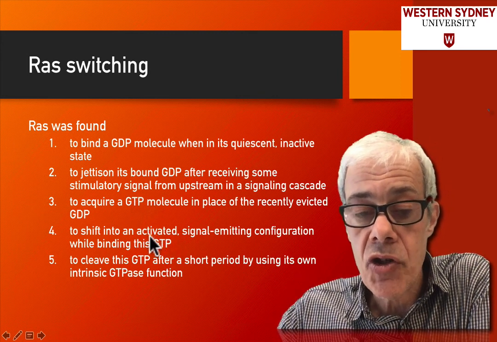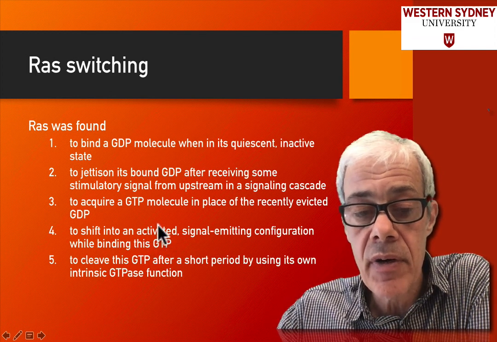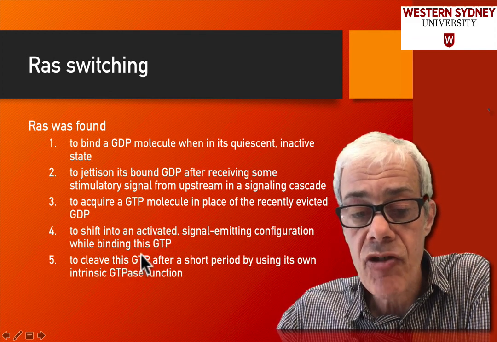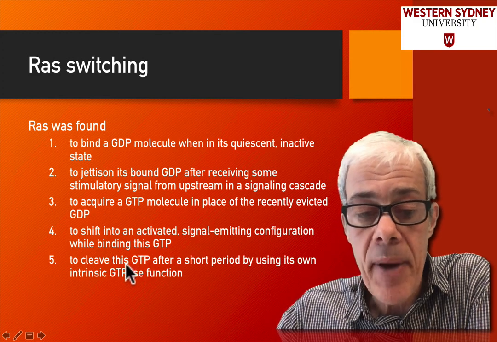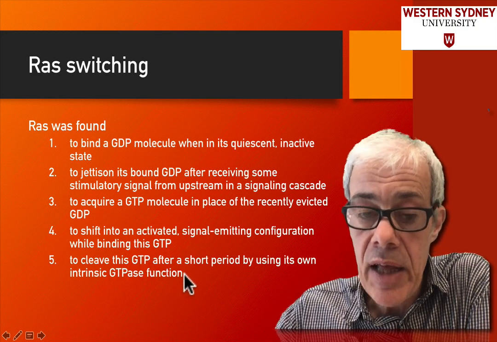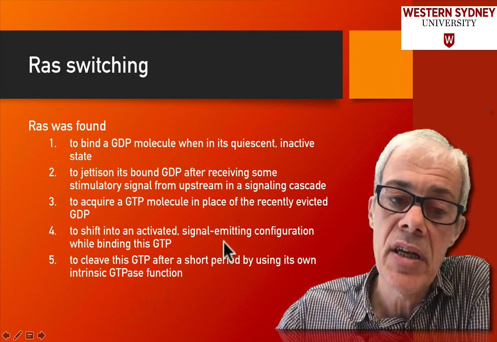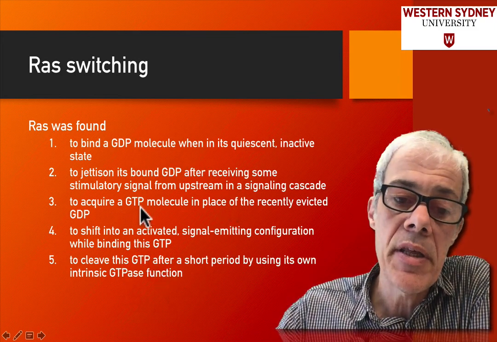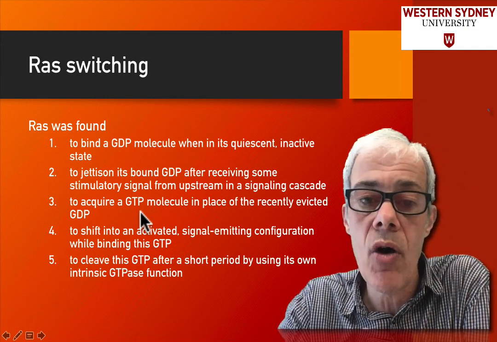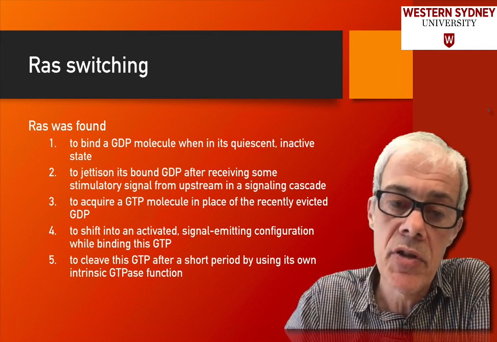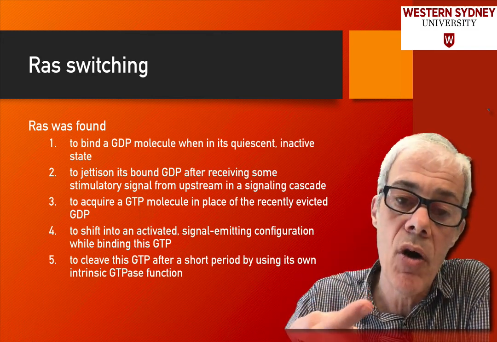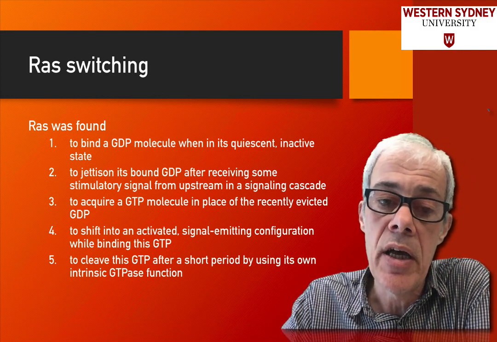And then after a short time being active, RAS is able to hydrolyze GTP back to GDP, and then it becomes inactive again. So you have this cycle of activation and inactivation. You can think of it as a switch. You're switching RAS on, you're switching RAS off, you're switching RAS on, you're switching RAS off